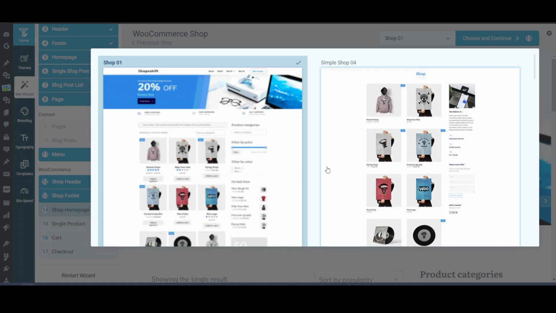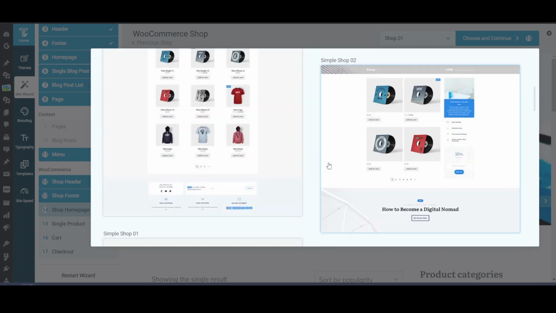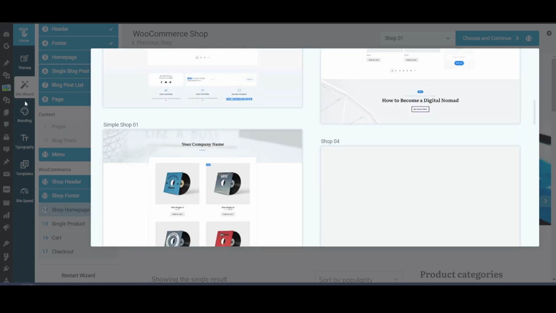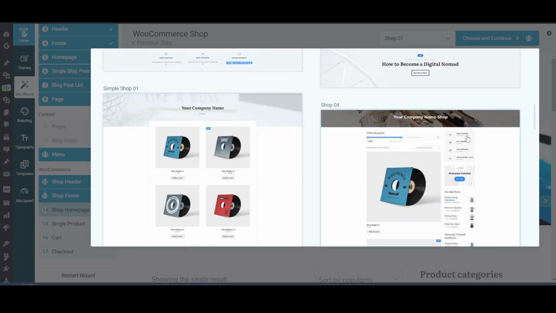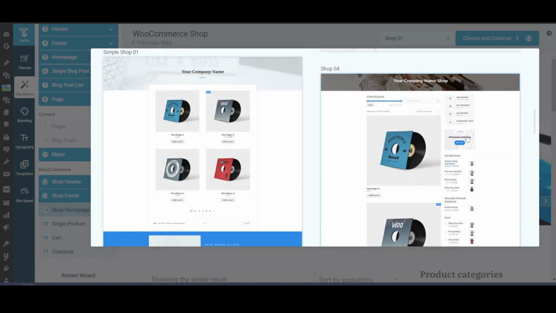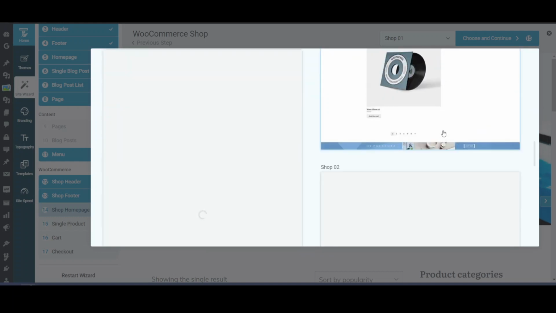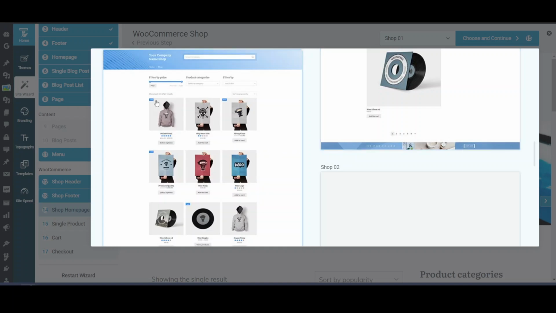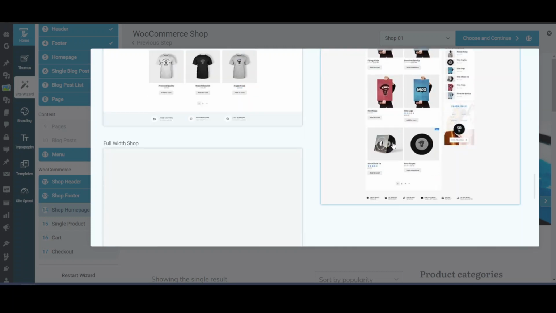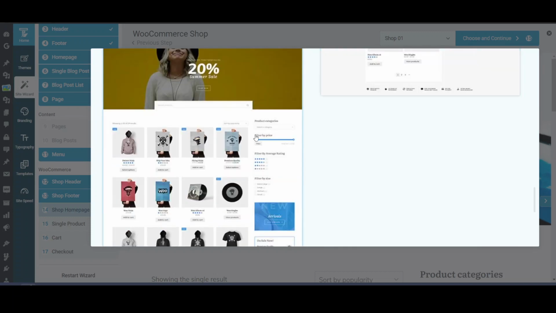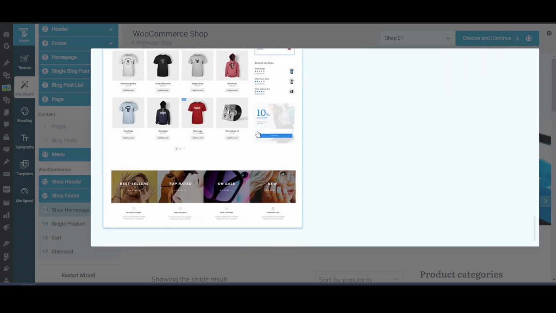See, we have only a single product, so let's see what options we have for a store like ours, where there are not many products. So this is also one of the options that we can use. Apart from this, this does not look good, because this is with filters, and we don't have that many products that we should use filters. Again, this is not good. This is good for large stores which have a good amount of products. And this one also has a sidebar filter.